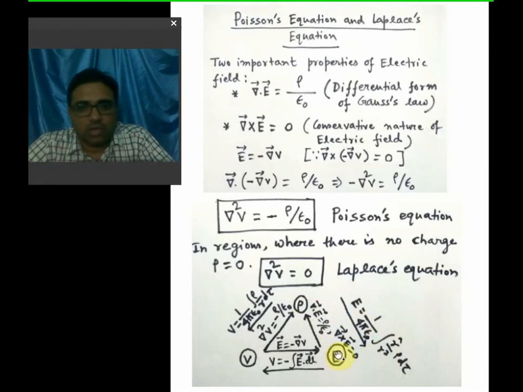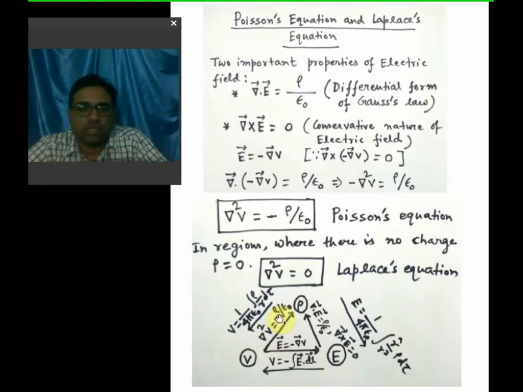So in that case, what do we have to do? We have to find out the potential, and we have to use this Poisson's equation to find out the charge distribution. Okay, and if the charge distribution is known to you, then we can find out the electric field easily, right? So these are all interrelated,